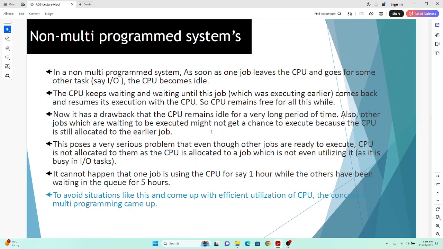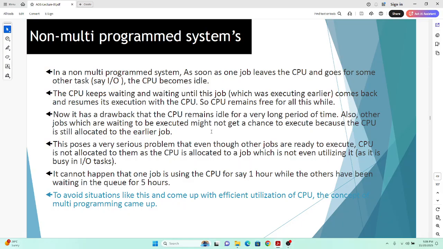The CPU remains free all this time, and it has a drawback that it remains idle, and other jobs which are waiting to be executed might not get a chance to be executed because the CPU is allocated to the earlier job. So this is a very serious problem, and to avoid this situation we come up with the concept